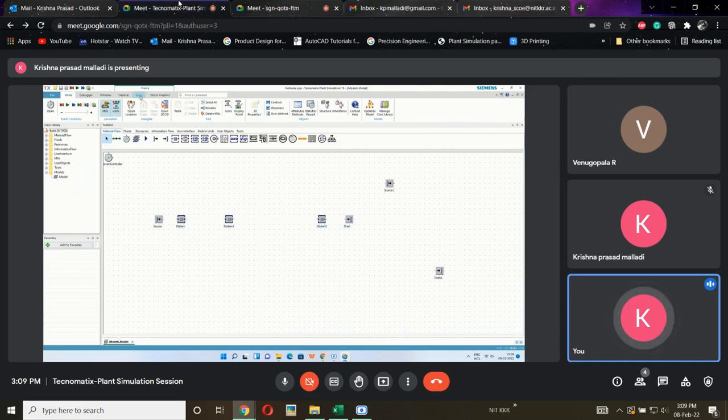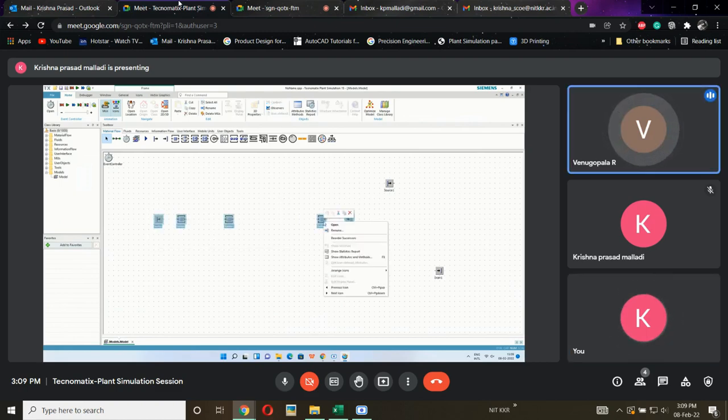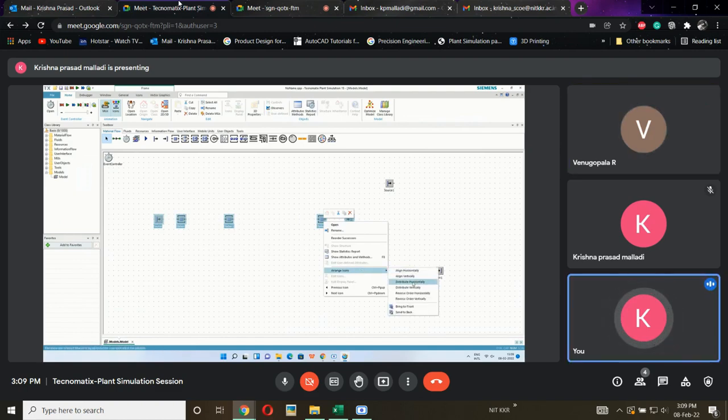In 3D there is an option for machine placement with which we can give dimensions between the stations. I can increase or decrease it using that. But in 2D there won't be any such option, so I can only select everything and distribute equally.